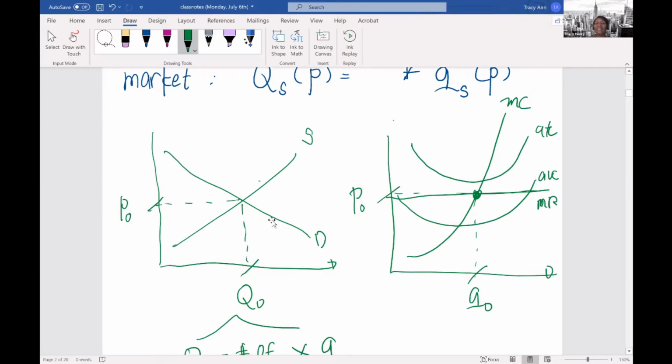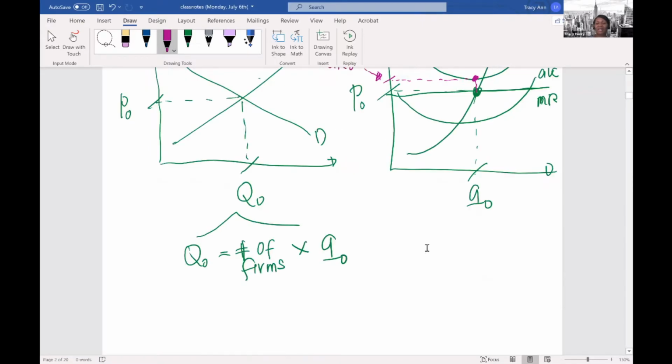So this is a market quantity. The individual firm takes P0, looks at marginal cost, and finds where the price is equal to marginal cost, essentially where their marginal revenue is equal to marginal cost, and they get their individual quantity. As we can see in this situation, this particular firm is making a loss. Notice that the price is less than the average total cost. So this is the corresponding average total cost 0 right there. If you go up to the average total cost using that quantity, the price is less than the average total cost. Even though P0 is greater than AVC0, so the firm produces q0,